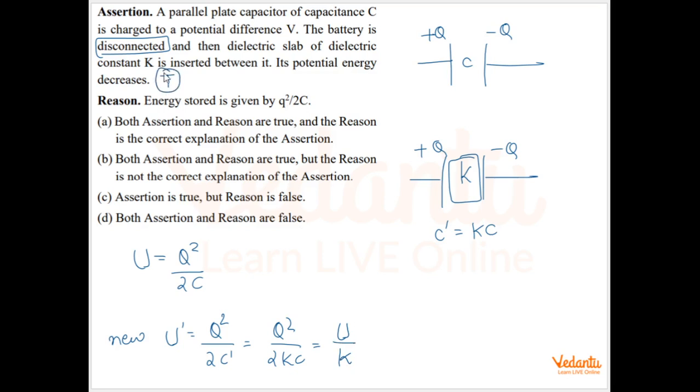And here, energy stored is given by Q square by 2C is also true. And using that formula only, we are proving that the energy stored remains constant. So here what I will say is that both assertion and reason are true, and the reason correctly explains assertion. Option A will be the correct